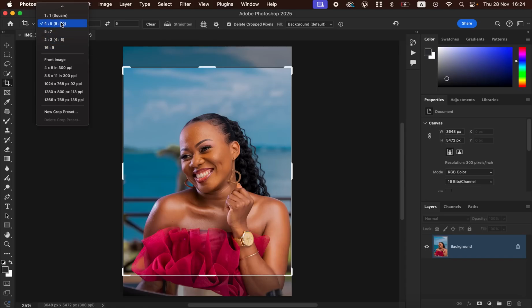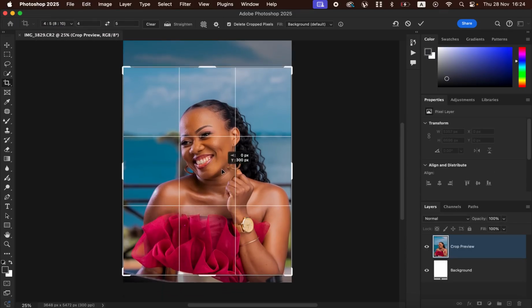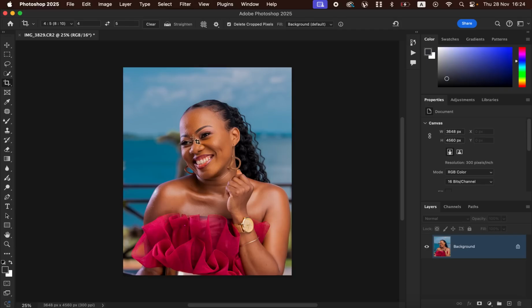So for this, I'll choose 4:5 or 8:10 and click on the image and drag up just like that. I'm just going to crop the image about there, and I'll simply hit enter to crop the image. So after cropping the image, the next thing is going to be working on the skin or doing the skin